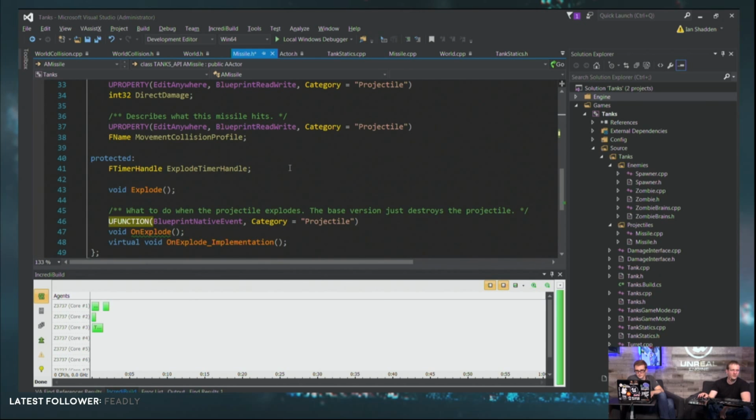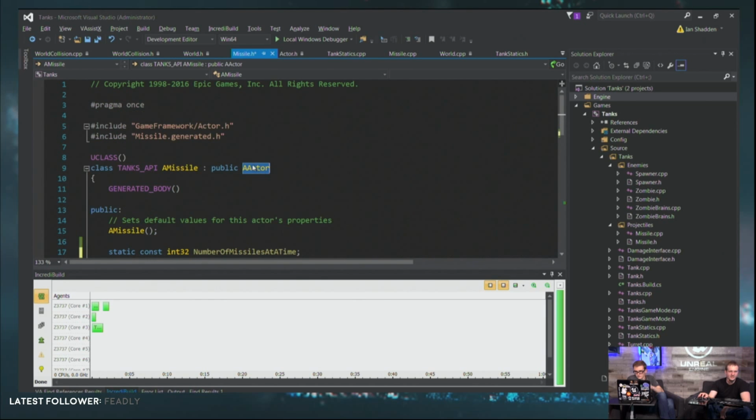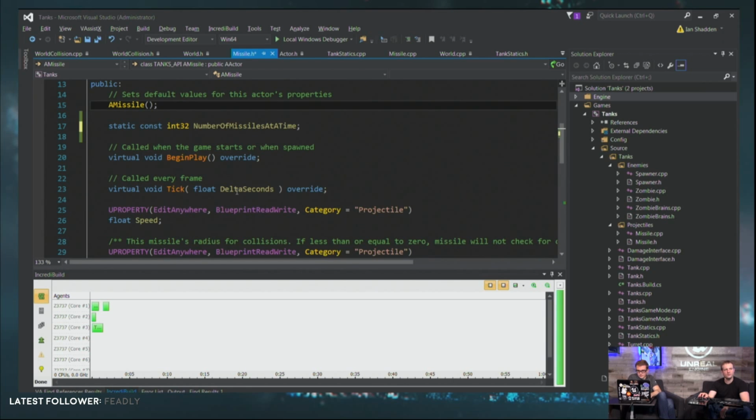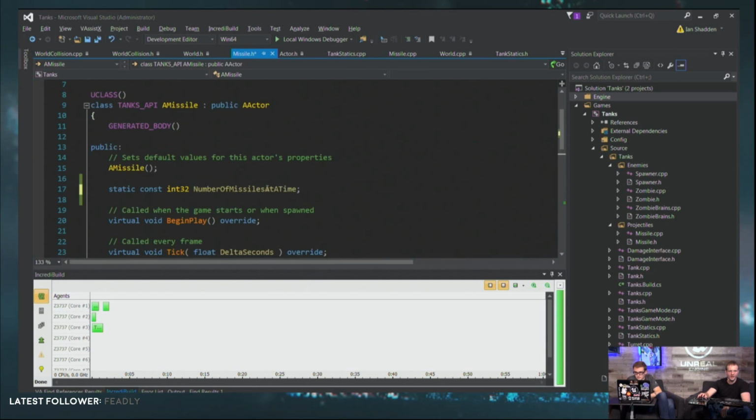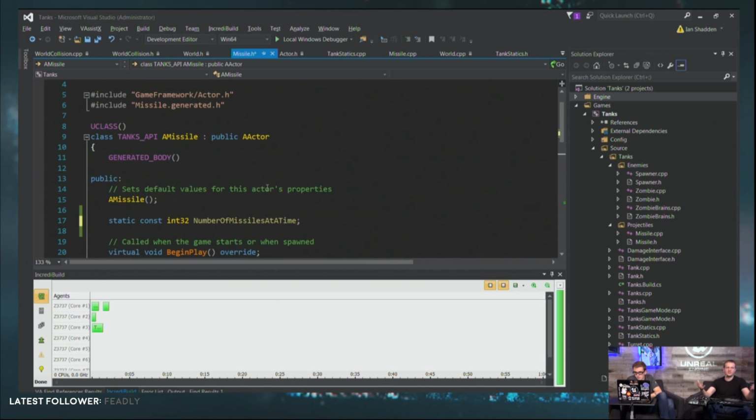So what we can do is we can inherit. We can say, look, this thing is basically one of these things, but the tick function, we're going to override their tick function with our tick function, and we have our own version of begin play, and we have a couple extra variables that normal actors don't have. But other than that, it's basically just an actor. So anytime you've ever wanted to say, imagine this, but with this, that's what inheritance is. So this is how you do it.